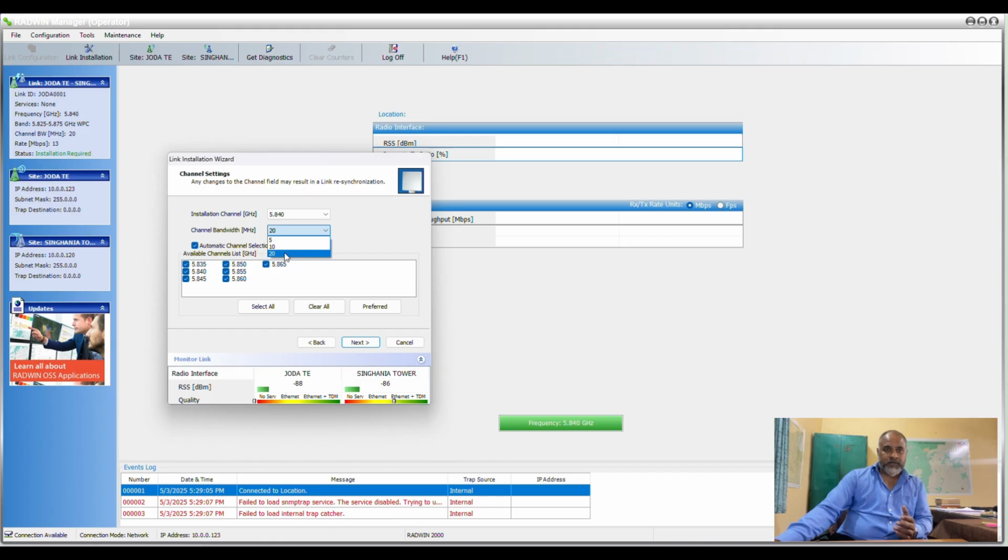So for the range, if you want a higher range, then we need to select the low channel bandwidth, or if we want a large throughput, then we need to select the 20 megahertz channel bandwidth. So I am putting here 10, which will be the average value of both, that is the mid value of the two. So now next,